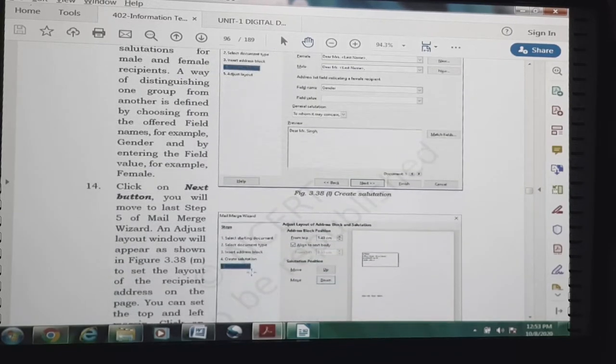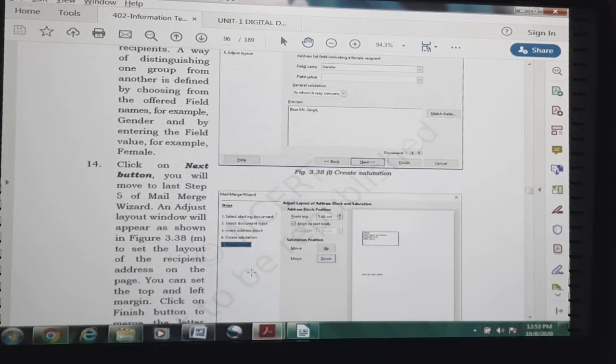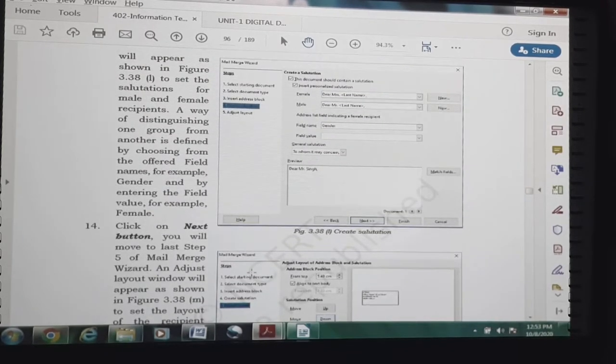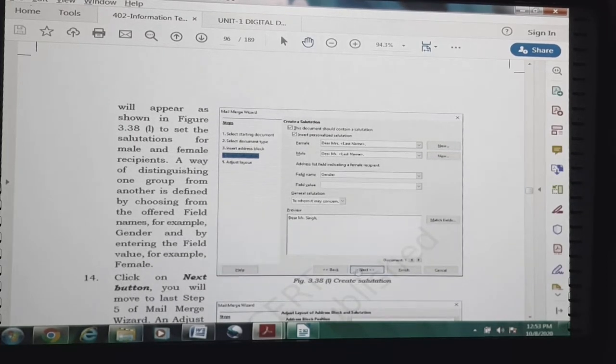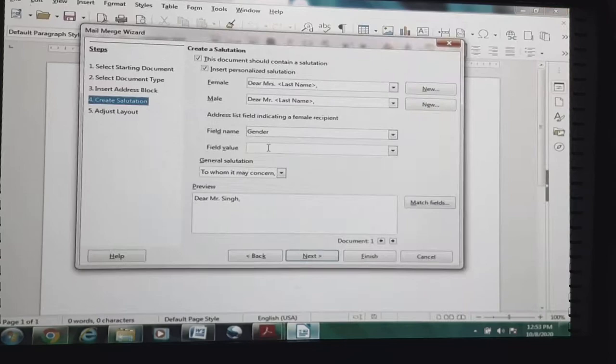Click on the next button. Inside personalized salutation, we need to check mark if there is a need for entering a personalized salutation. Okay, check mark, press the next button.